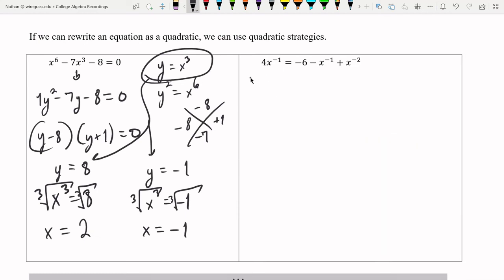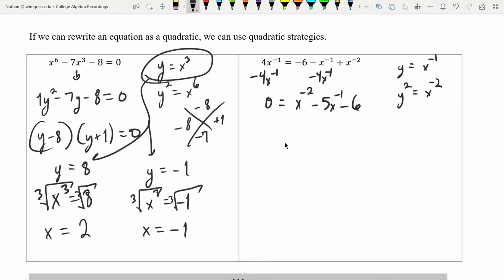Now for this one, I need to get it equal to 0, because I'm going to try and make this a quadratic, and you have to have it equal to 0 to solve that. So I'm going to rearrange this so that it's going to be x to the negative 2, then minus 5x to the negative 1, then minus 6. And here I can see that y equal to x to the negative 1. If I square both sides, I get y squared equals x to the negative 2,